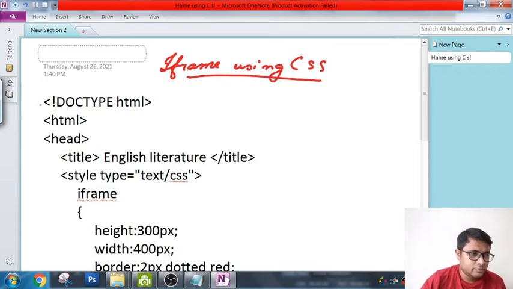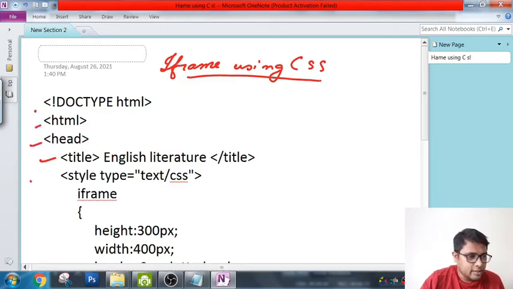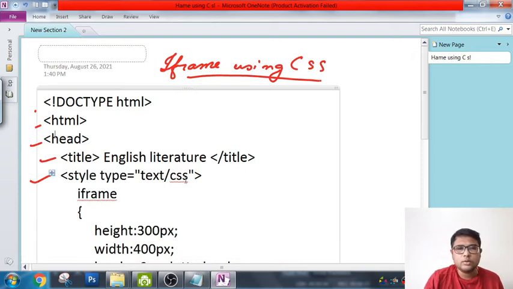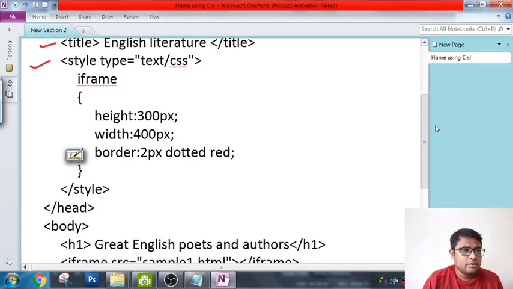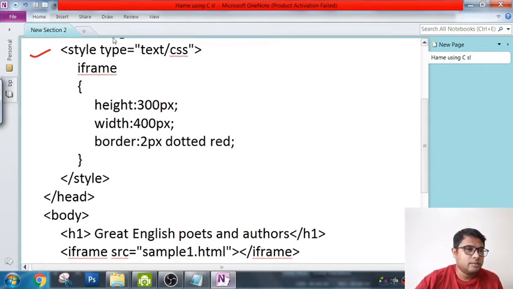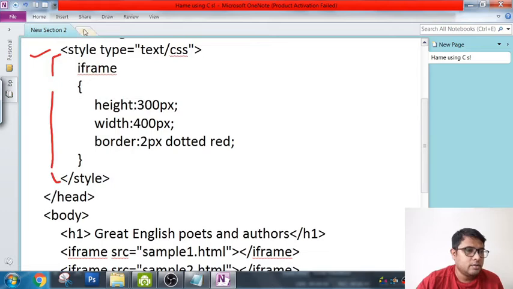Here, if you look at the code nicely, you will see I have written doctype HTML, HTML, head, title, style, type equal to text slash CSS. This entire part is my CSS.